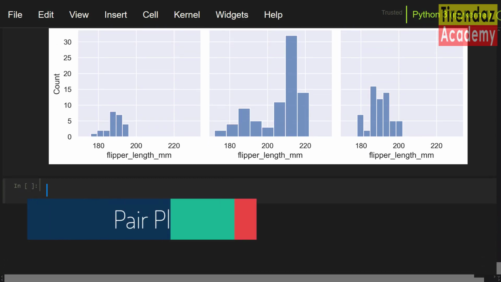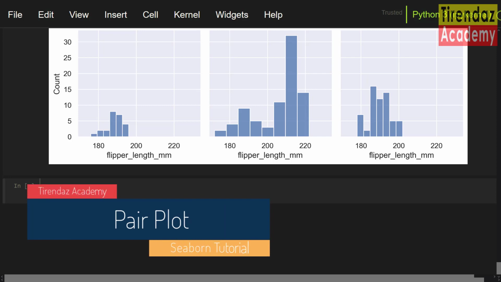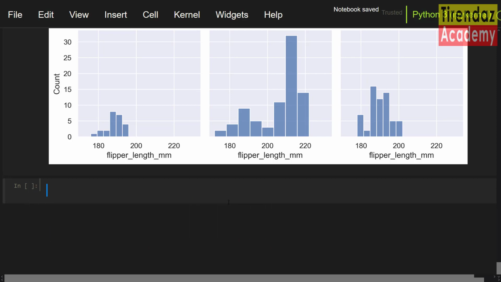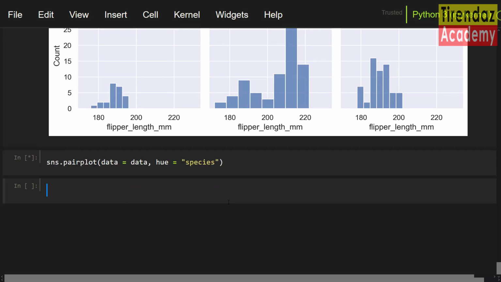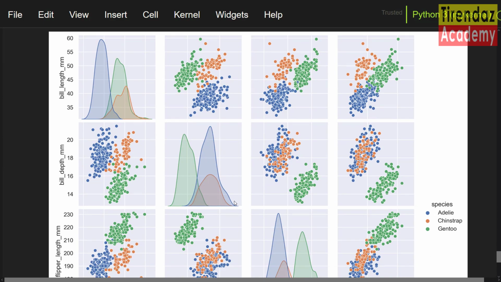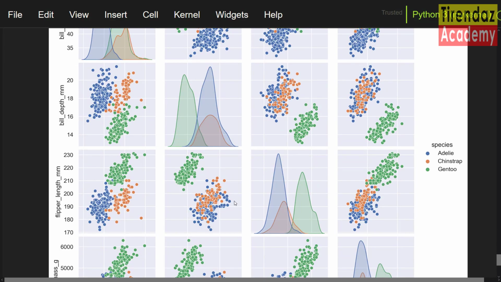Seeing the pair relationship between the variables in the dataset is one of the important steps of data analysis. You can use the pairplot method to see the pair relation of the variables. This function generates cross plots of each numeric variable in the dataset. Let's see the pairs of numerical variables according to penguin species in the dataset. sns.pairplot(data=data, hue=species). As you can see, the pair plot was drawn.